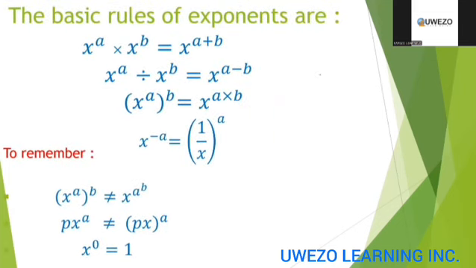Here are the basic rules of exponents, which we'll be applying in the SAT math questions. The first property is when the bases are equal and we are multiplying the exponents, we add the powers. Again, when the bases are the same and we are dividing the exponents, we subtract the powers. When we have x to the power a whole to the power b, then we multiply the powers to get a times b. And when the power is negative, we take the reciprocal of the base to get rid